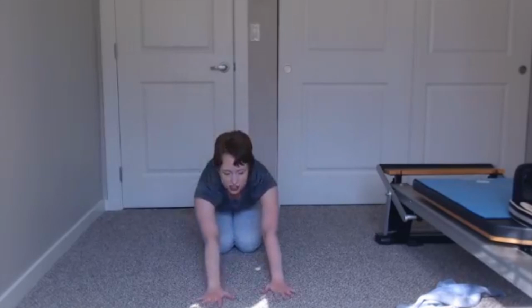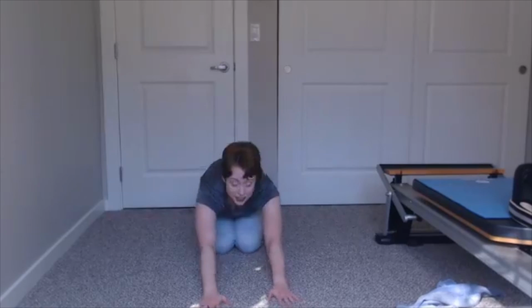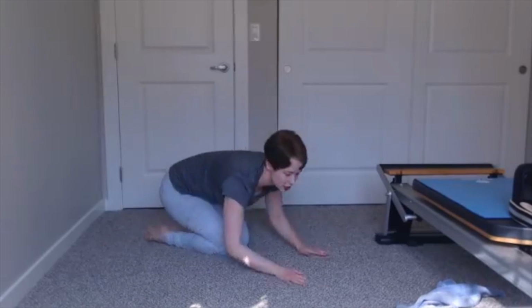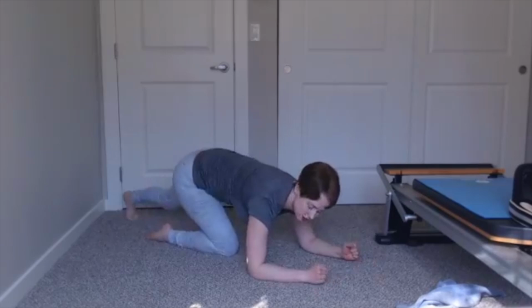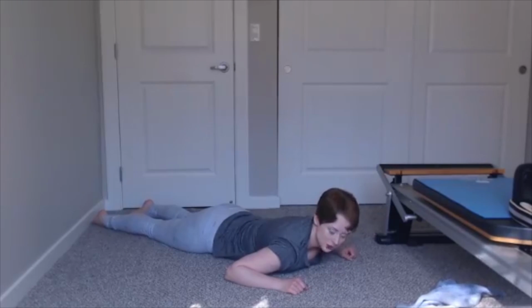And let's stretch it out in a child's pose. Nice deep inhales, deep exhales. Perfect. Now, since we're basically in a child's pose, I want you to come onto your forearms and slide those legs back. So now we're down on our tummy. Perfect. As always, when we're on our tummy,